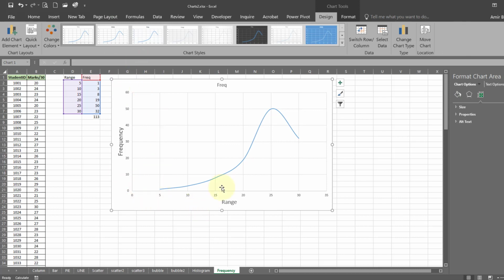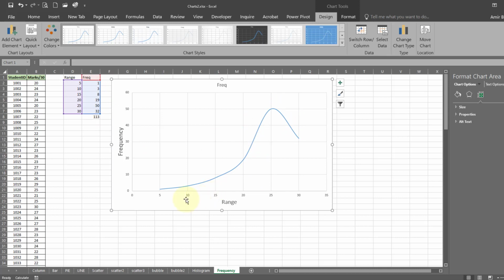Now if we try to understand this graph, you can see here it gives you from 0 to 5 there is nothing here, so there are no students between 0 and 5, while between 5 and 10 we can see it gives us some values, then 10 and 15, 15, 20. Now you can see from 20 to 30 we have the highest number of students, which we can see from here.